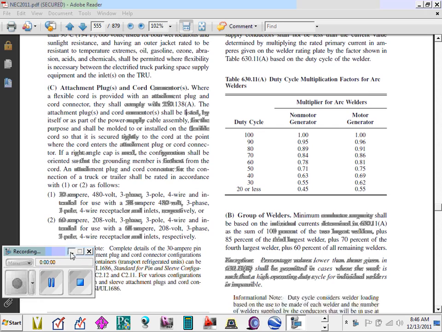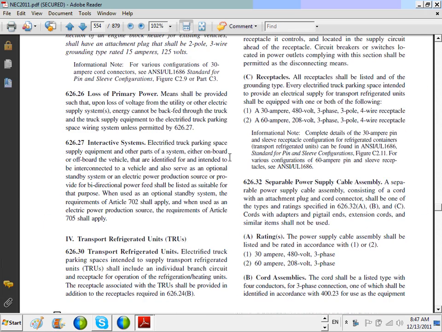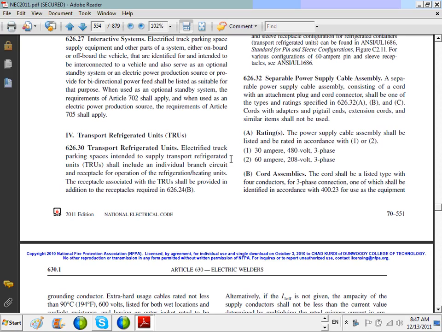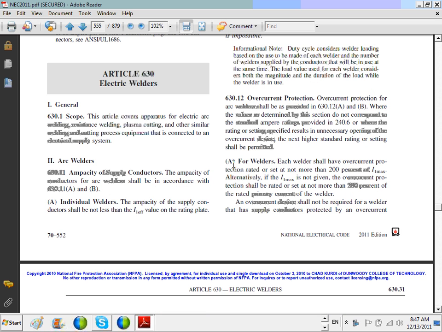Me a favor, my friends. We're going to talk about welders. And as we talk about welders, Article 630, guys, talk about welders, special equipment. And for welders, I'm going to do the following. I'm going to take a group of welders, and we're going to size the service for them,